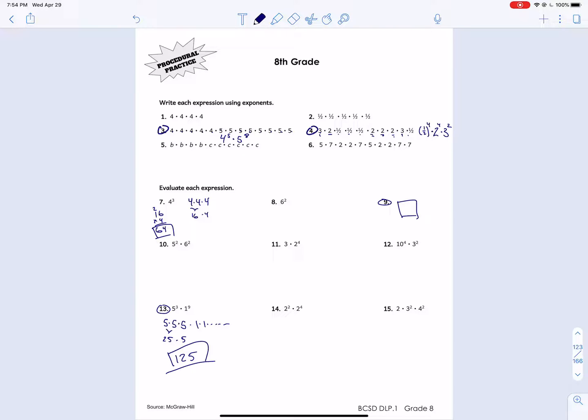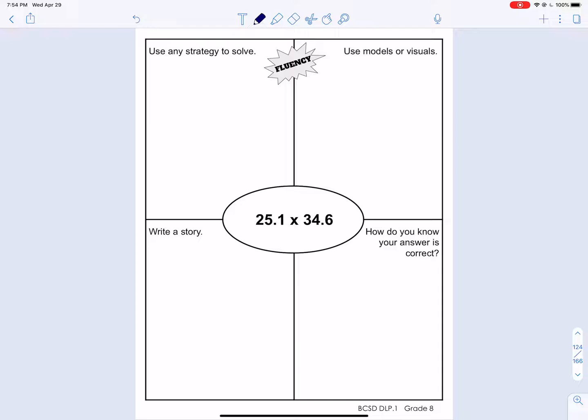Okay, and again, I'm not going to do every single problem. Okay, you can do the rest. All right, the last part. We have 2 decimal numbers, and we're just multiplying them, and that's it. So let me rewrite it. 25.1 times